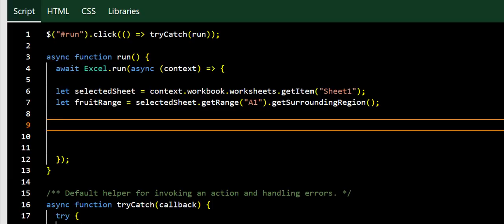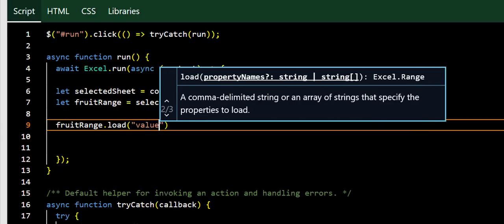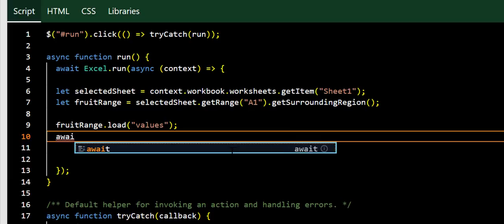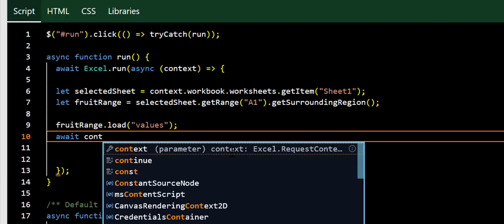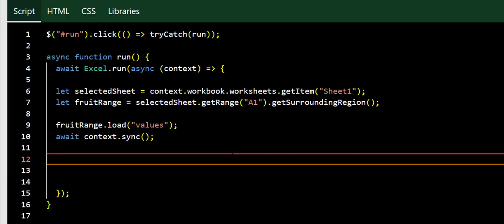And now what we do, which is different in TypeScript, is that we have to load the values. So we use fruit and we do load. And what we're loading is the values, as I said. And then we need to use this bit of code. And this is because TypeScript is an online language and we have to sync our data using this command. So now these are the 2 extra lines that we don't have to do in VBA. So far, VBA seems to have the slight lead, but I think you'll see that TypeScript is very powerful when we write the next line. So we create another variable result, and we want result to equal